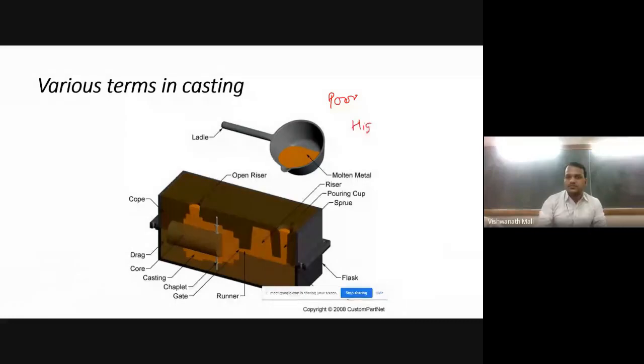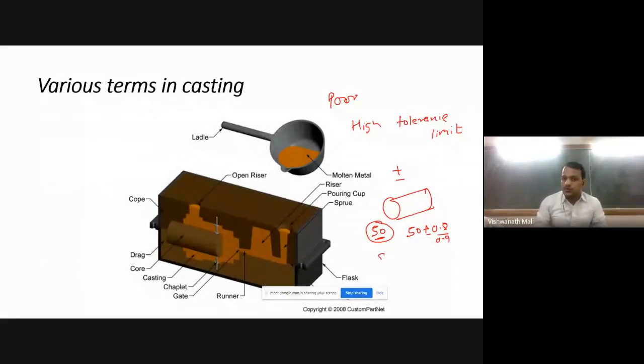high tolerance limit. High tolerance limit means what? Suppose we want to manufacture a rod in the casting process. Its original dimension is 50. But in casting, we do not get 50. We generally get around plus or minus 0.8, 0.9, depending on the type of casting. We can't get 50. We get around 50 plus or minus 0.8 or 0.9 nearly.